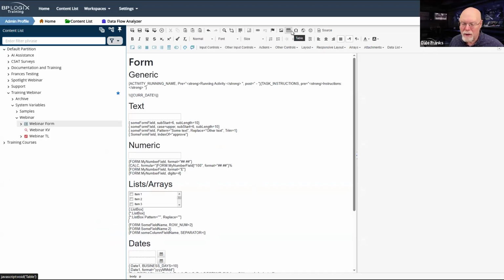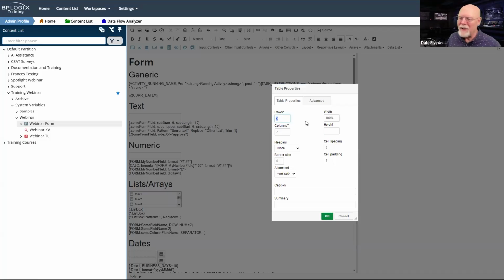I'm just looking over my system variables, and I think I can get away with a single column array. It won't be a very impressive array, but it will be an array.